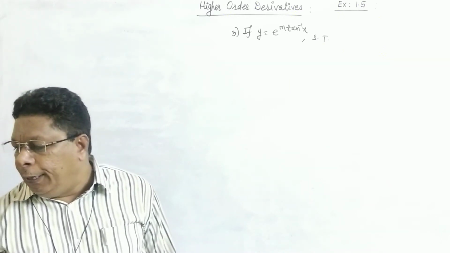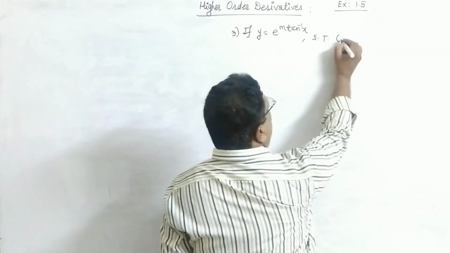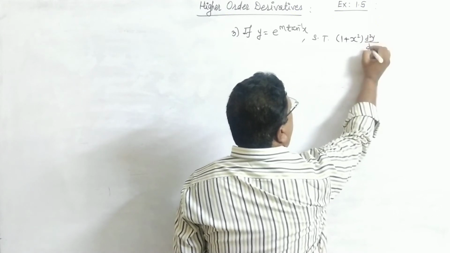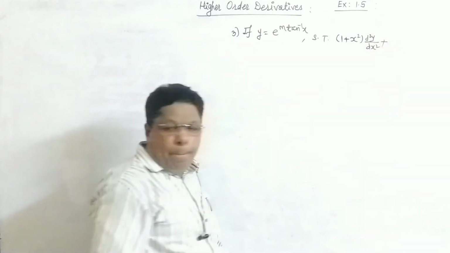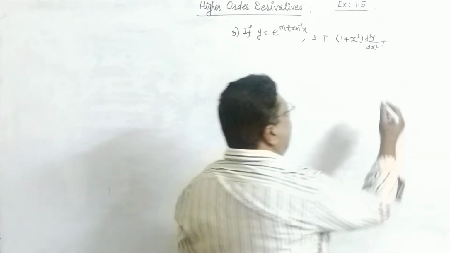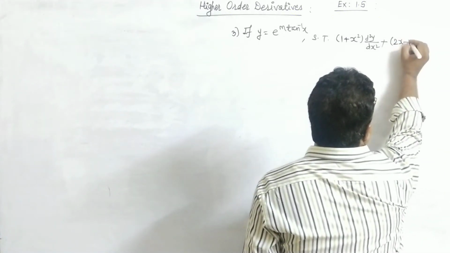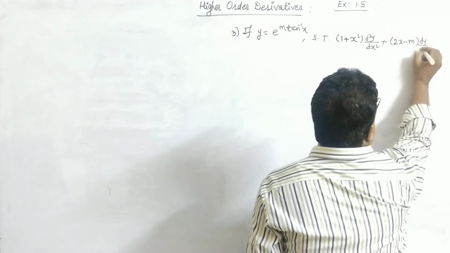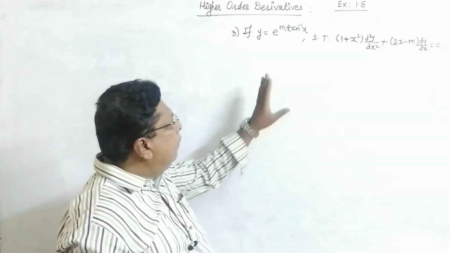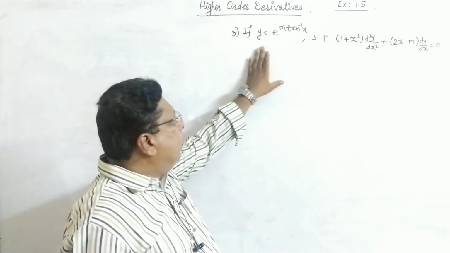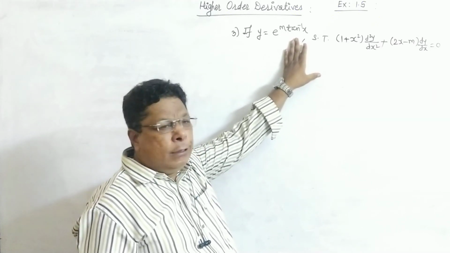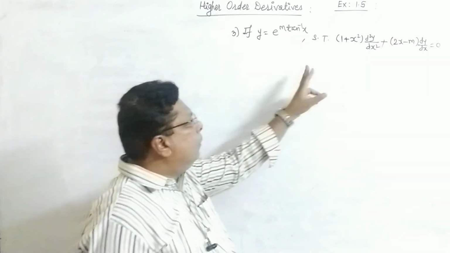1 plus x square into d square y by dx square plus (2x minus m) into dy by dx equal to 0. Okay, what we have given? The function y is given, y equal to e power m tan inverse x, and then we have to prove that